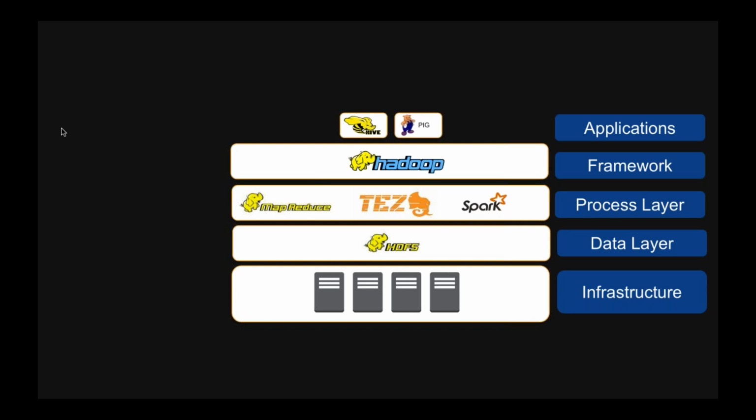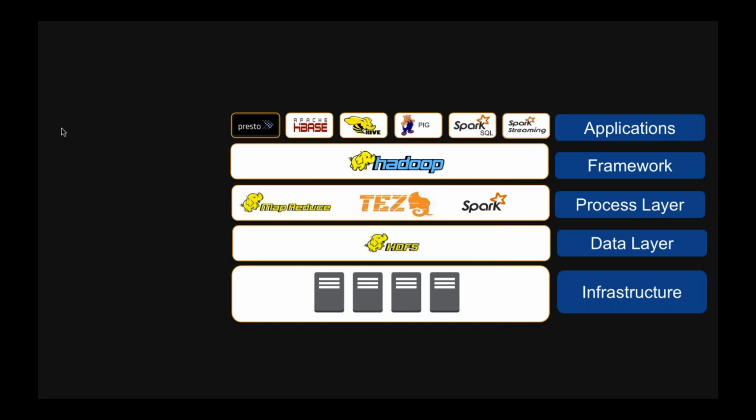And so we saw a couple of new entrants into the process layer, namely Tez and Spark, and these guys have really taken over from MapReduce now. MapReduce is really considered to be the old world, if you like. And along with that, there sprung up a massive number of applications as well. So we saw things like Presto, for example, again designed to give very fast SQL access to data,